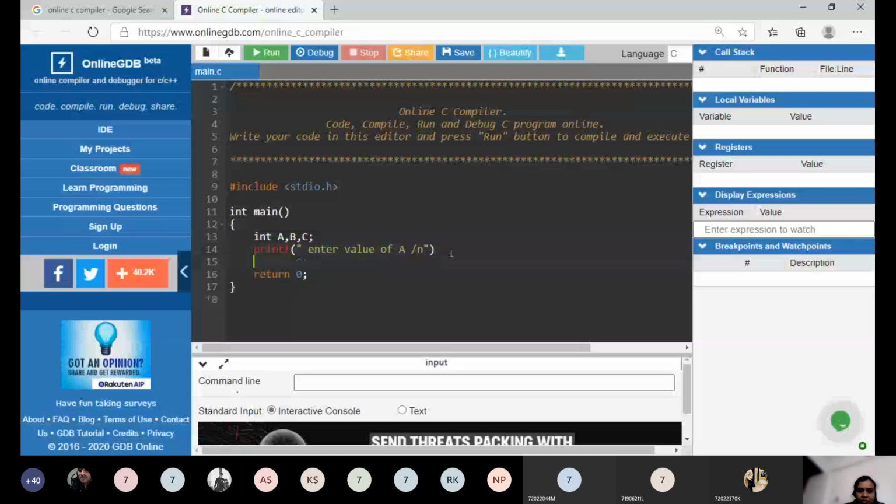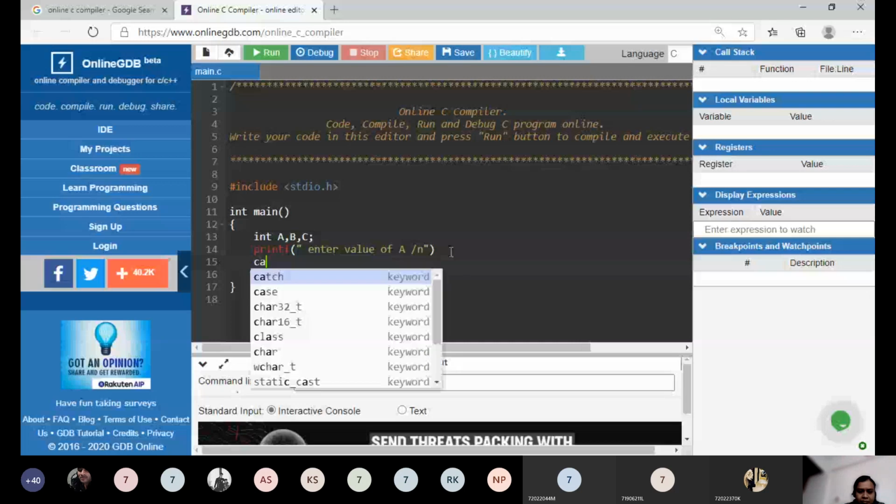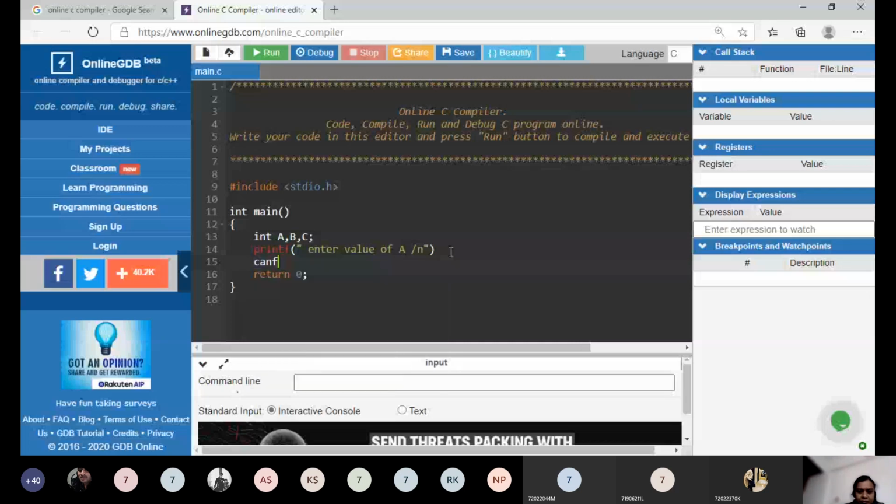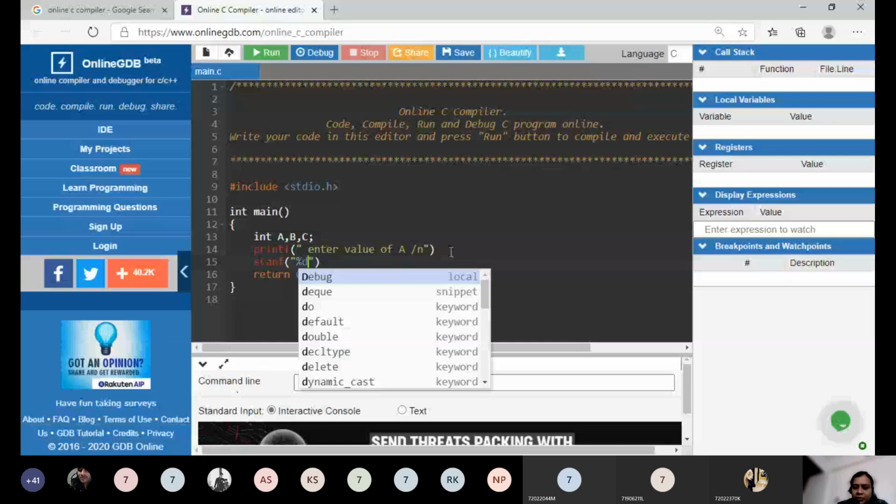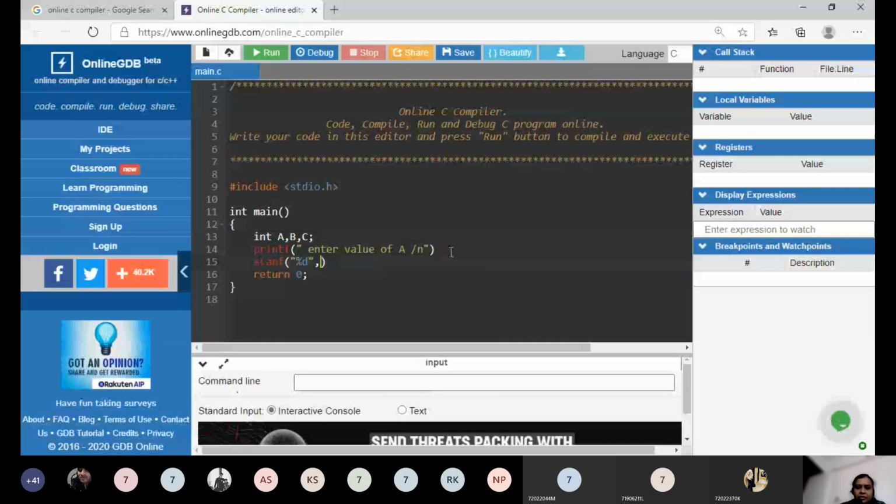Now we will write scanf. A is an integer, so we are using here the format specifier percentage d, comma.